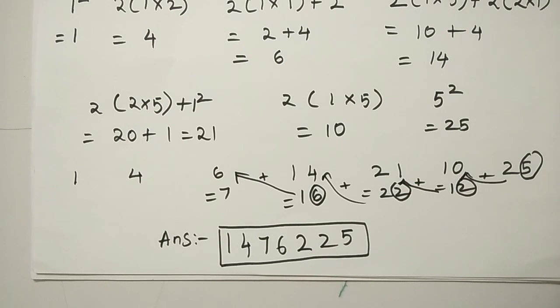Now let us go to 5-digit number. In case of 5-digit number I will take a decimal point so that you can calculate for decimal numbers. You will get an idea how to get a square of a decimal number. Okay, let us start.